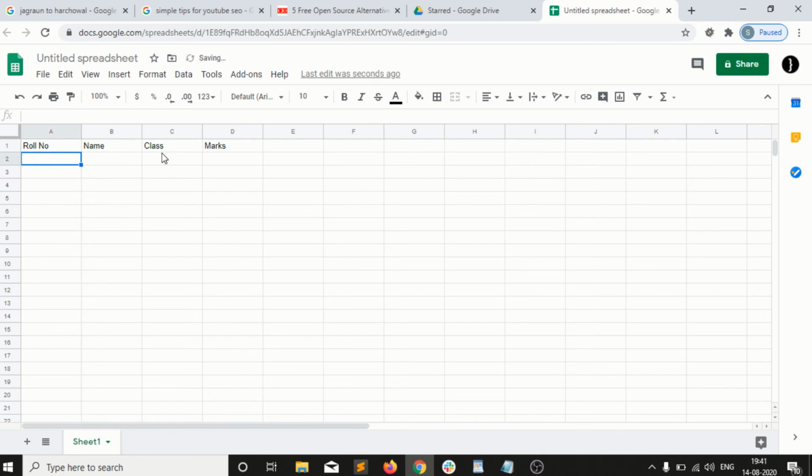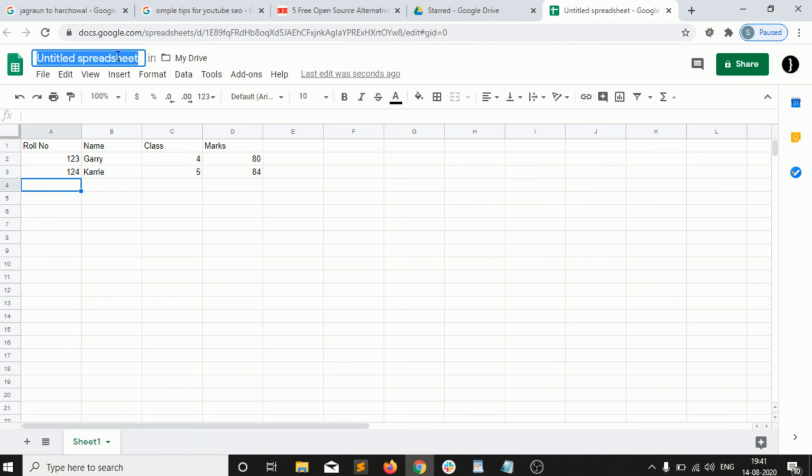I press enter and it goes to the next row. Roll number 1, 2, 3. So I am assuming it: name Gary, class 4th, marks 80. Then roll number 124, Carrie, 5th, and 84. So how to save it?